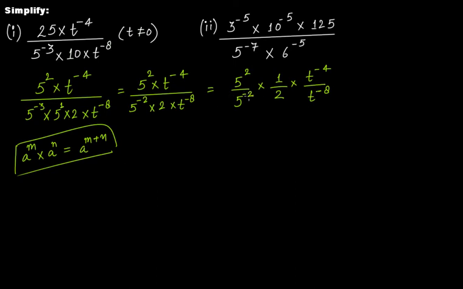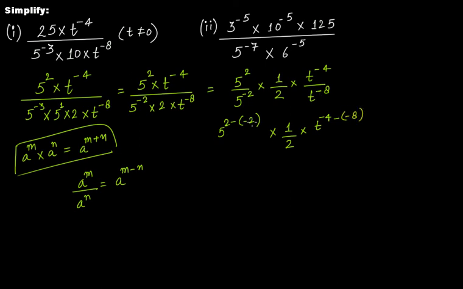These two are of the form a raised to the power of m divided by a raised to the power of n, right? A is 5, common. Here m is 2 and n is minus 2. This becomes a raised to the power of m minus n. So applying it here, 5, m is 2 minus n is minus 2, multiplied by 1 by 2, then multiplied by the same thing here, t, m is minus 4, and then minus 8,